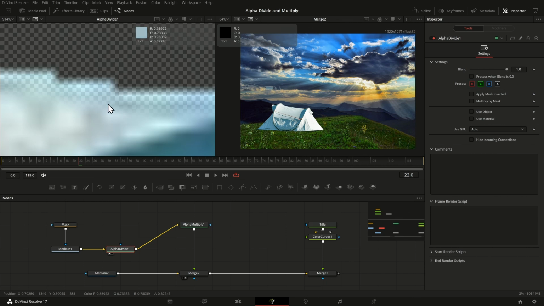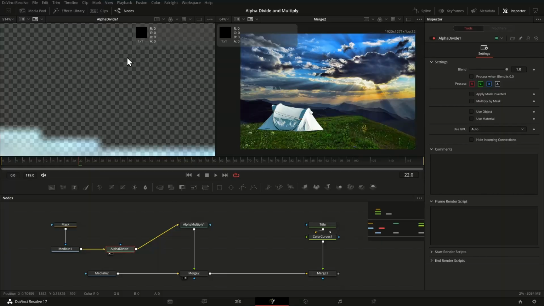So in the edges, you have semi-transparent alpha values, so alpha values of, let's say here, you see alpha 0.23, 0.01, and basically Fusion is dividing by those values and thereby making sure that the color values are coming back to how they were before the alpha channel was applied.